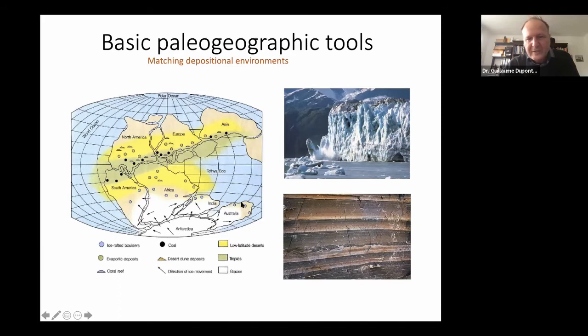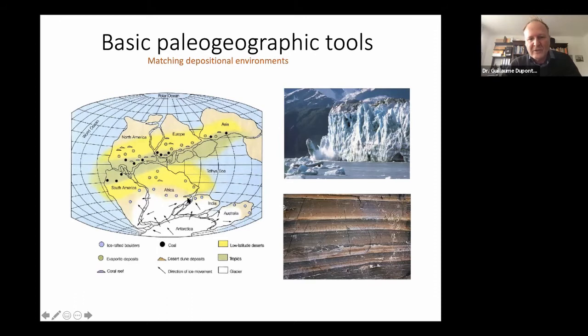deserts, and especially glaciers. Glaciated areas found in the sediments in India, for example, didn't fit at all and fit much better with being part of Antarctica. This is the kind of argument that was proposed. But the problem with this is it's not very precise, as you can imagine.